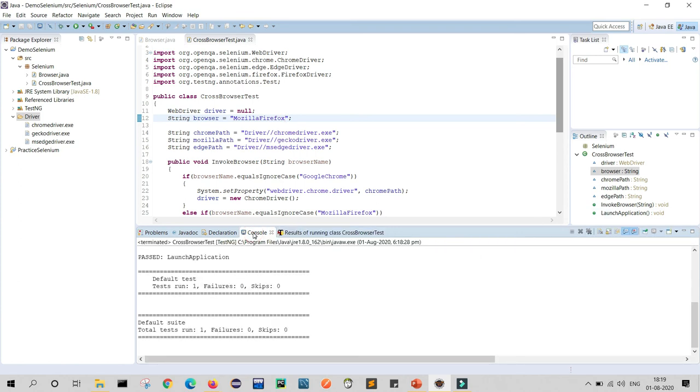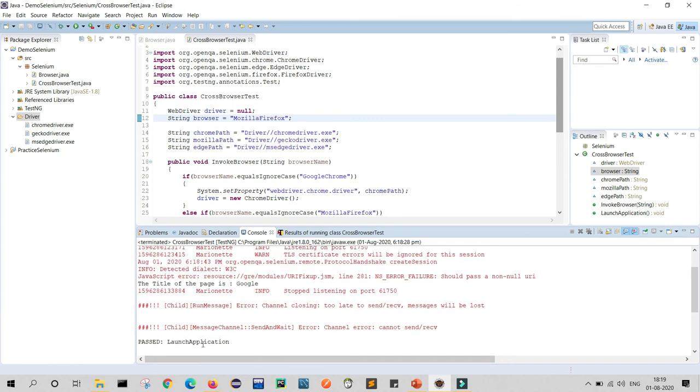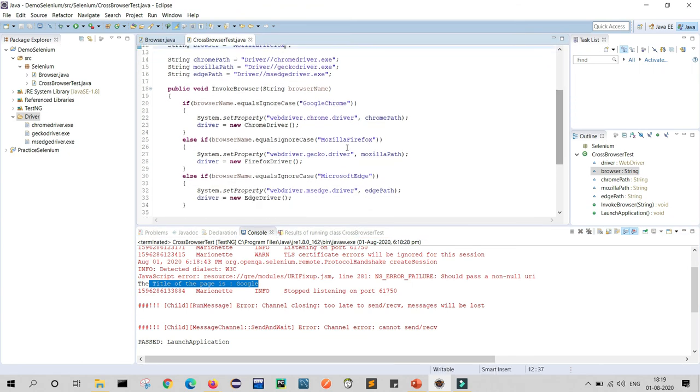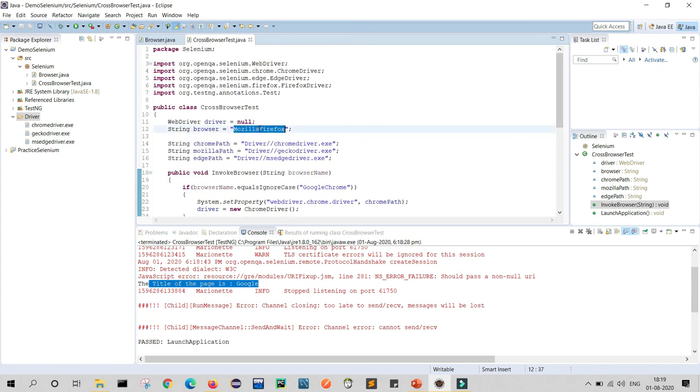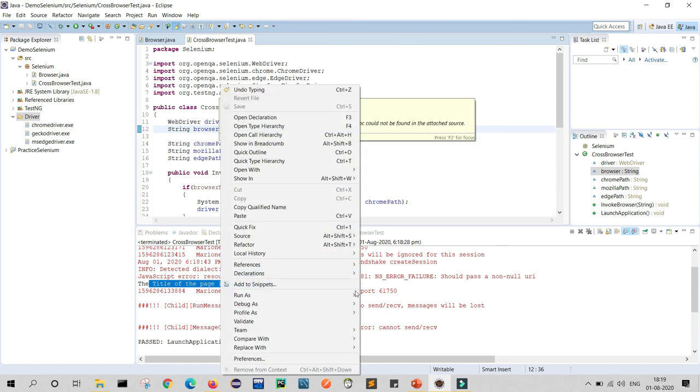You can again verify that the title of the page is Google. Similar activity we will do for Microsoft Edge. Just copy the name of Microsoft Edge and change it here. Save and now run.